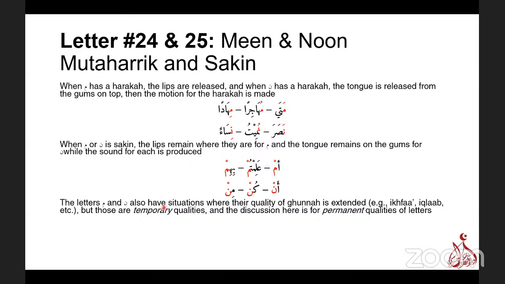But anyway, the main thing I want to mention was the last line. Those situations are temporary qualities of meem and noon. That means they're not found in all situations. For example, meem has plenty of situations where it's not found. With noon, for example, man khafa. So the ghunna is still there, man. You can't say a noon without the ghunna, but it's not extended. It's just man khafa, man. So you'll feel it in your nose, man, man. If you close your nose, you can't pronounce it anymore. So man khafa, but it's not extended.